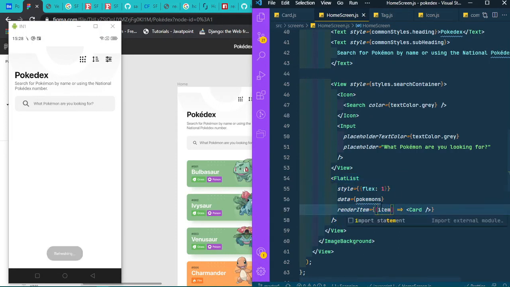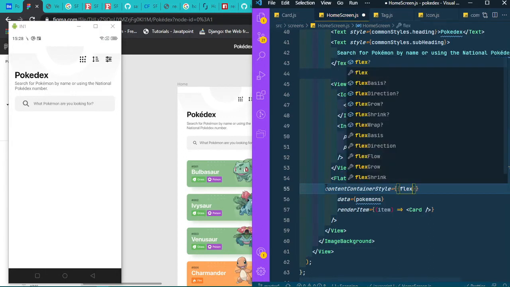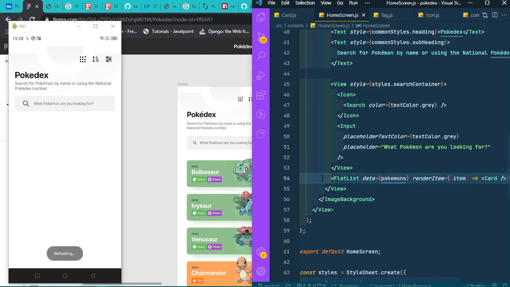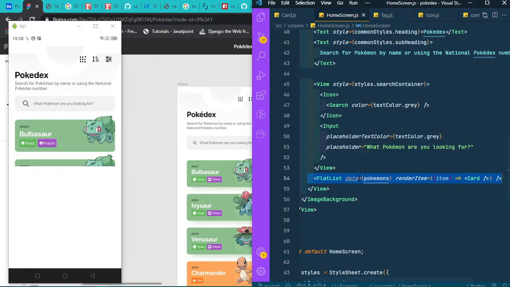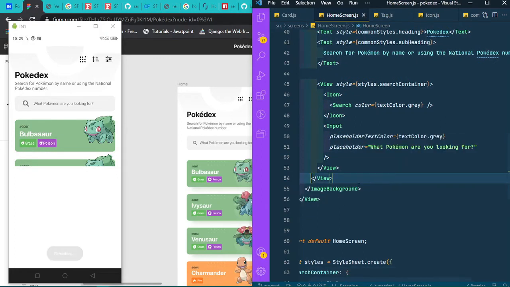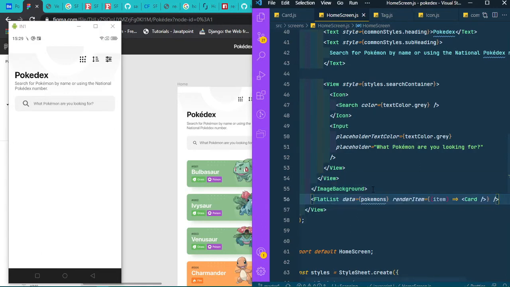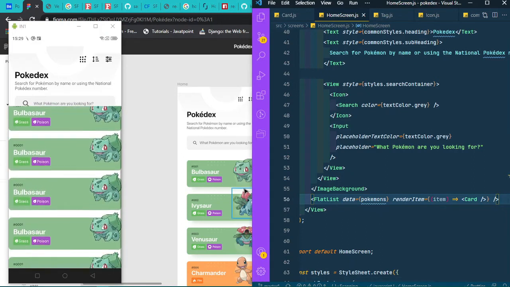Item container style as flex 1. No, not working. So let's remove this. Okay, fine. Okay, if it is not working, then okay. So we will go here and add this. Okay, now it is all rolling,